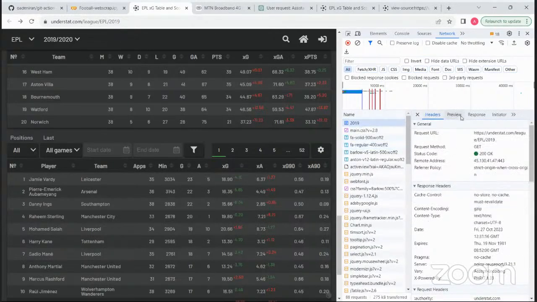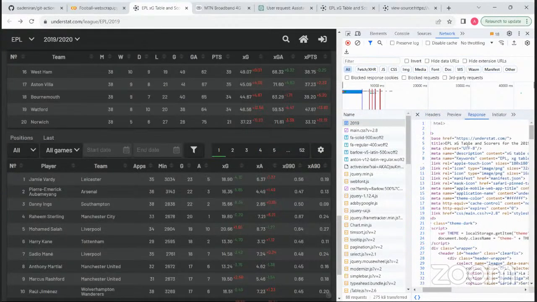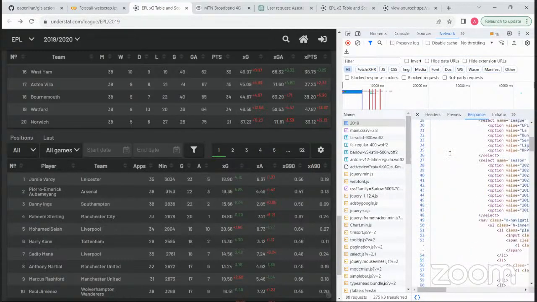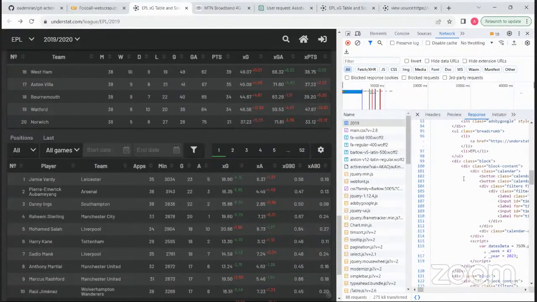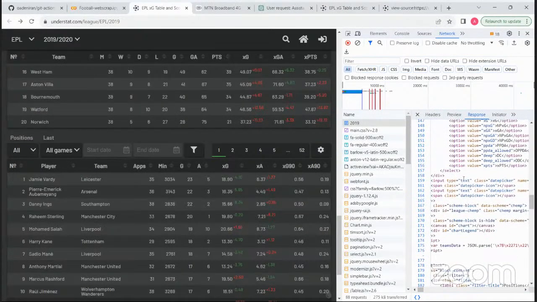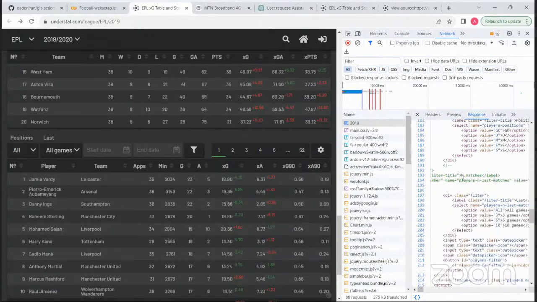So for this data here, let us go to the response and see what it is. This is the actual HTML file for this data itself. This one will not have all of those table rows and table columns that we have. Why won't it have that? Because